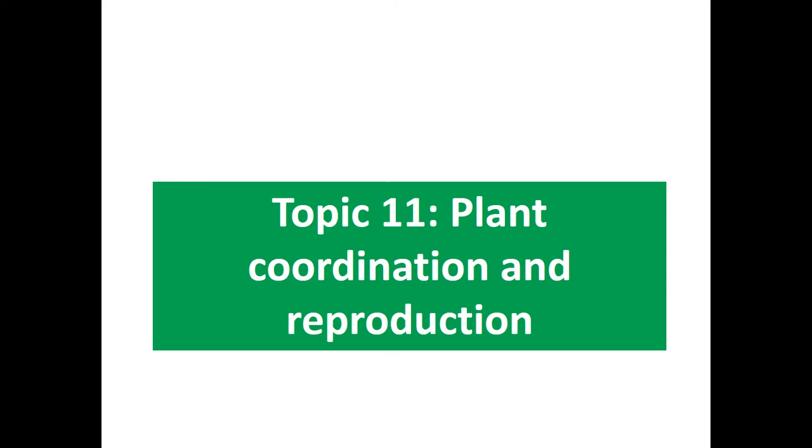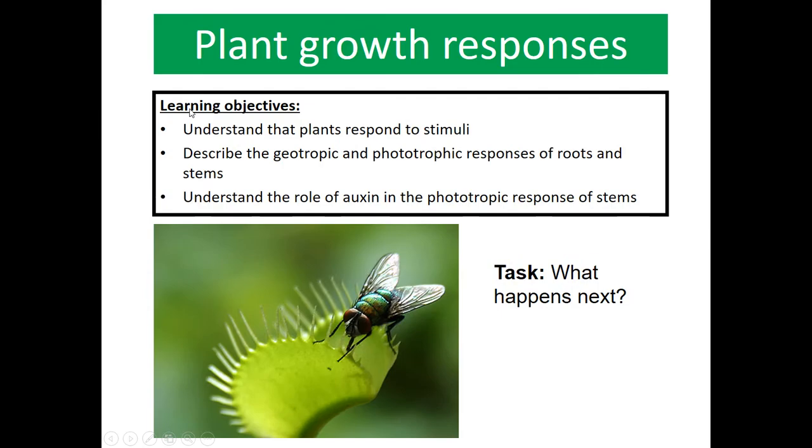Okay, so the last video we're going to look at is how hormones use plants for coordination. So, in this case, we've got a Venus flytrap. What's going to happen next? Hopefully for the Venus flytrap, it will respond to the stimulus, which in this case is the fly, and close it. And you should try and have a look and try and work out how that actually happens in the